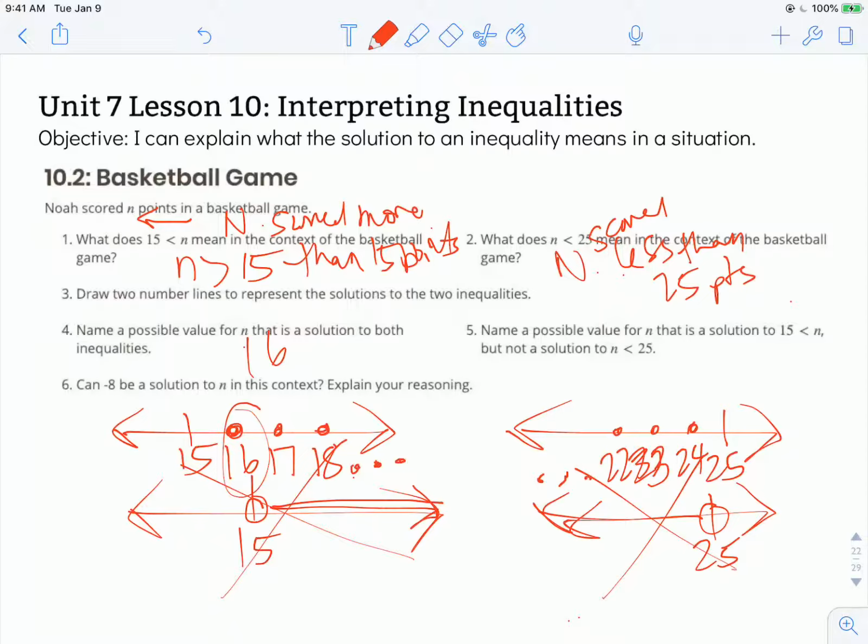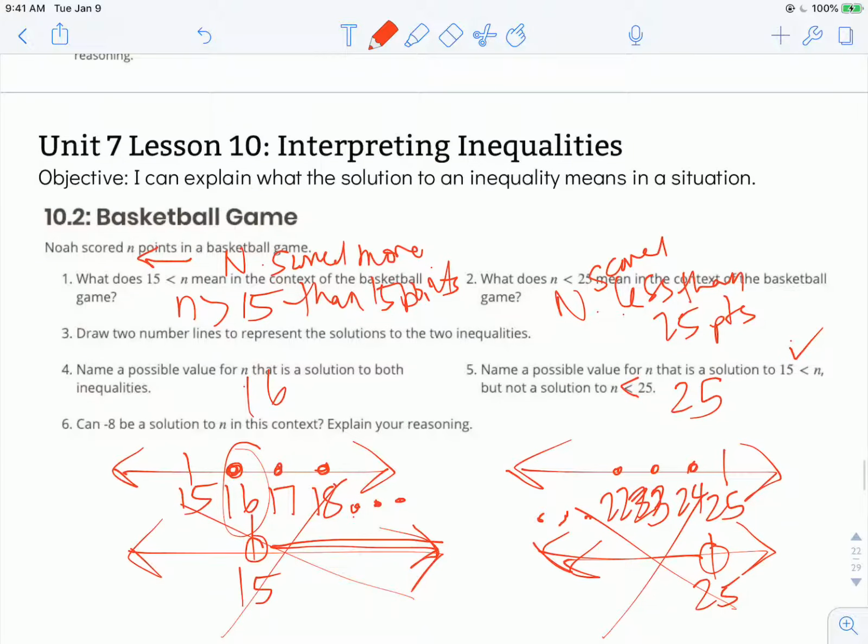Number 5, name a possible value for N that is a solution to 15 is less than N, but not a solution to N is less than 25. Well, we could pick 25 or any value greater than 25 because it says it's less than 25, meaning it doesn't include 25, but 25 is still greater than 15, so it would satisfy the first inequality but not the